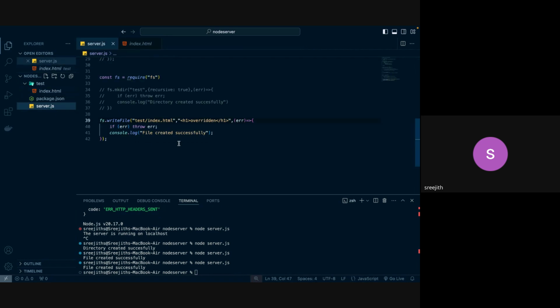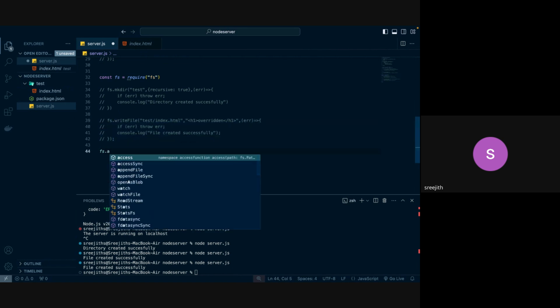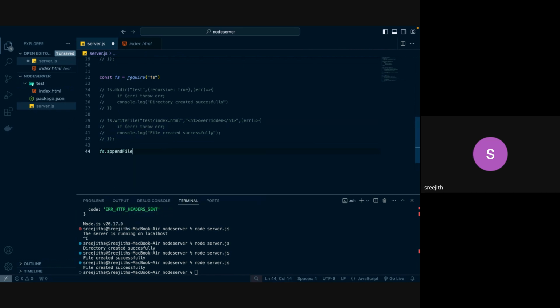But I don't want to overwrite. I just want to append things to the file. So what I will do is use the other method. I'm going to comment out this, and use fs.appendFile. It is the same as what we have written here. We will give the path name first,